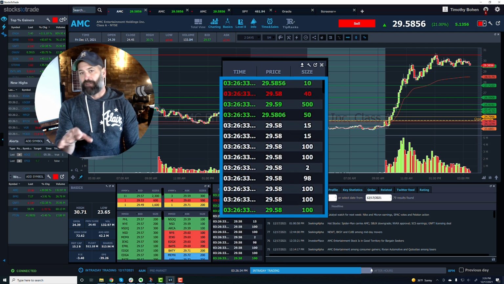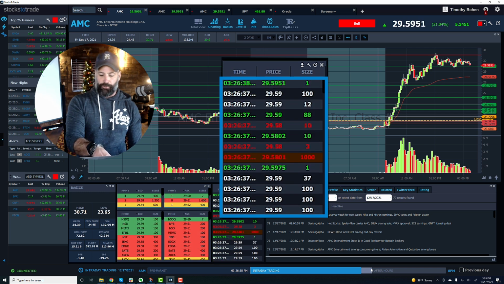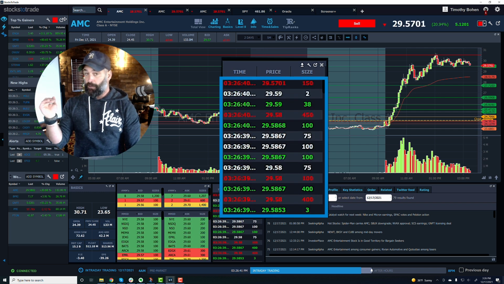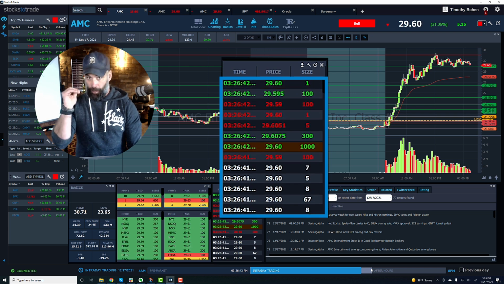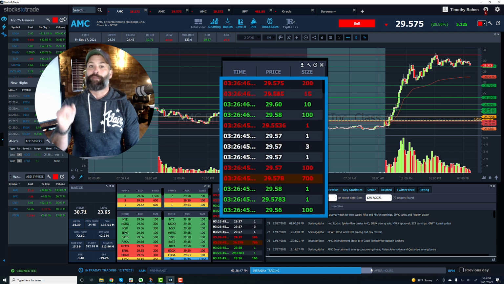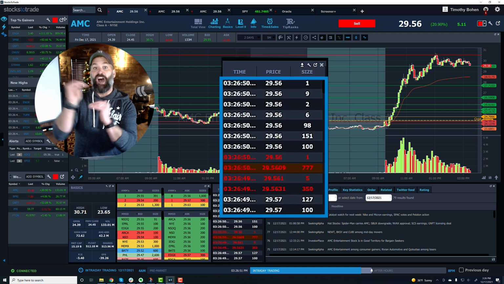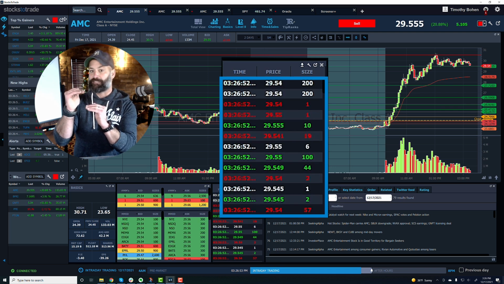So many people see the level 1. They think it's shorts. They think it's longs. No. All that shows is, if there's a green print, we call it, so there's a print on the tape, I'm trying not to get too jargony, but if there's a green print, that means that transaction was an uptick from the previous transaction.